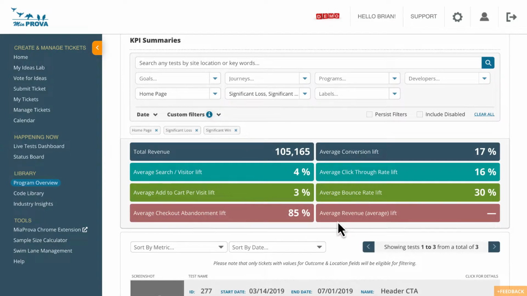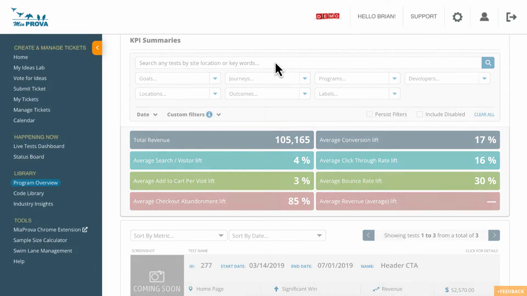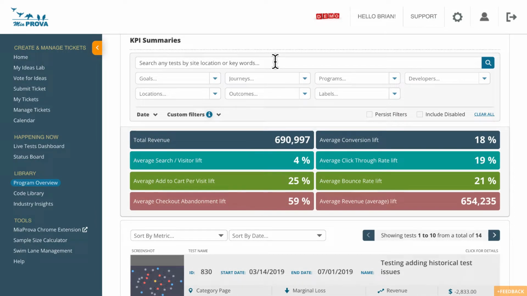So really, really helpful for organizations to see just exactly what the program is doing, where the largest nuggets have been found, what's working, what's not working, and provide a central place for large organizations to see the fruits of the testing team's labor. A few other things that'll be very helpful here, some feedback that we've gotten from customers, is